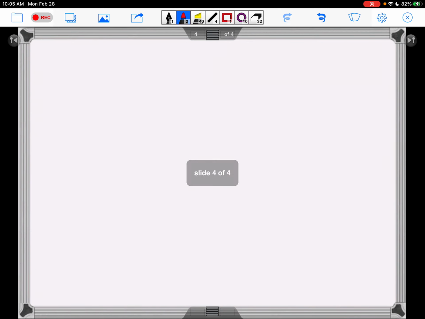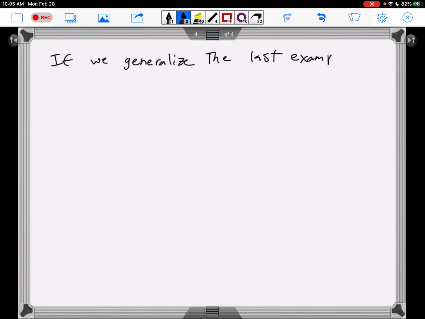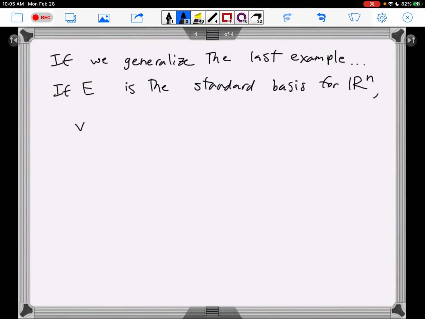So if we generalize the last example, if E is the standard basis for Rn, and v in Rn is any vector,